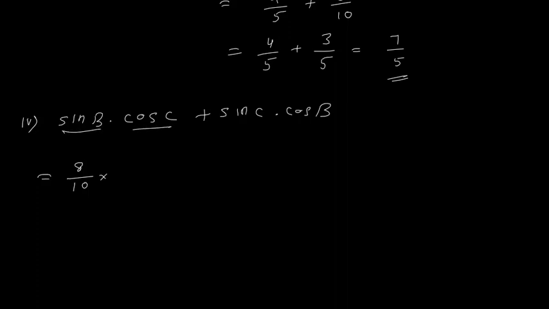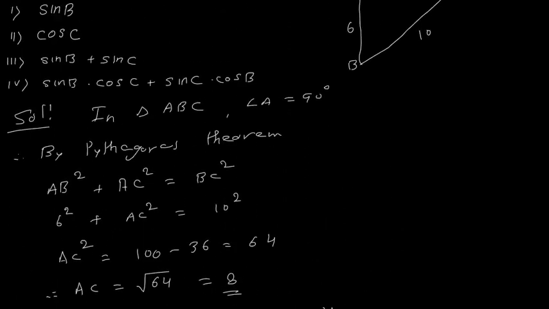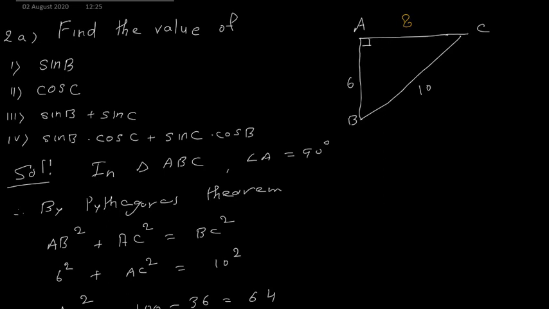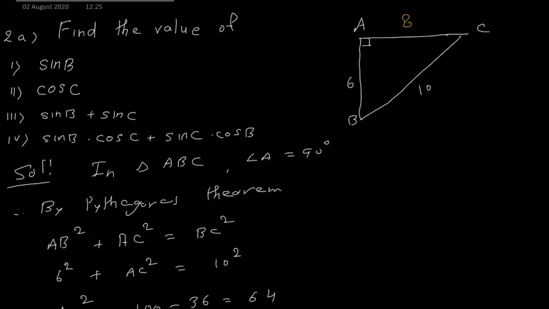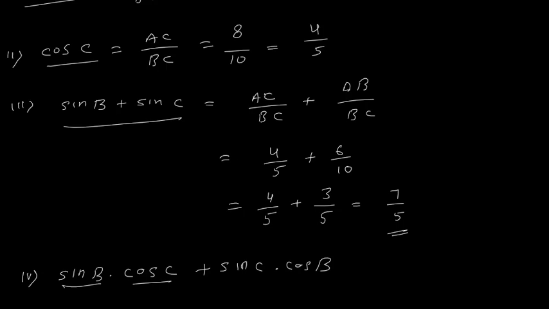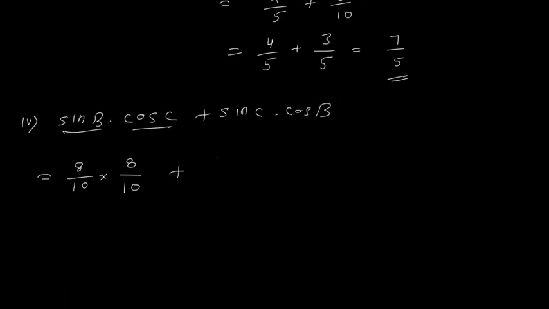We have just seen that for an acute angle, the value of sin is equal to the value of cos for the other acute angle. So cos C, let us see here, cos C is 8 upon 10, adjacent upon hypotenuse. So this is 8 upon 10 plus, now I have to see sin C. So what is the value of sin C? For angle C, the opposite side is 6, so this is 6 upon 10, plus this is again 6 upon 10.